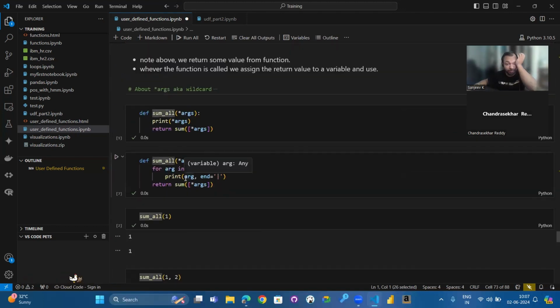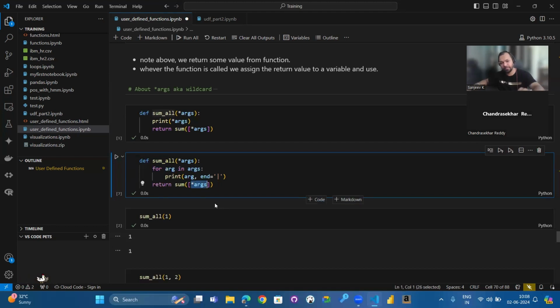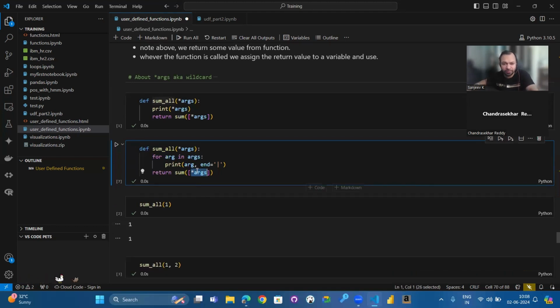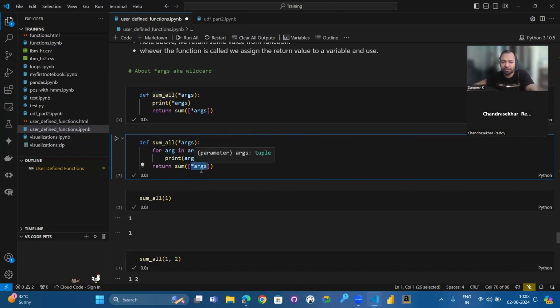One thing to keep in mind is that this asterisk is present at the input, and if you're using a for loop, you don't have to use any asterisk again. Just keep that in mind. And again, if you are sending all args to some different function, you'll have to send it in the same way. Of course, because this args is not a list or tuple, you'll have to convert it to a list by using the square brackets. That's the syntax for sum.